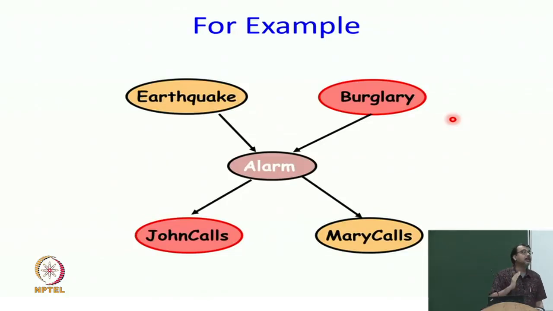Suppose I want to ask you the question between burglary, alarm, and John calls. Now, look at the structure that they create. They create a linear structure. Burglary is the parent of alarm, alarm is the parent of John. Now, the question you ask is, in this linear structure, when can information flow from burglary to John calls? How can it flow? It can flow only through alarm. If I give you alarm, are they independent of each other?